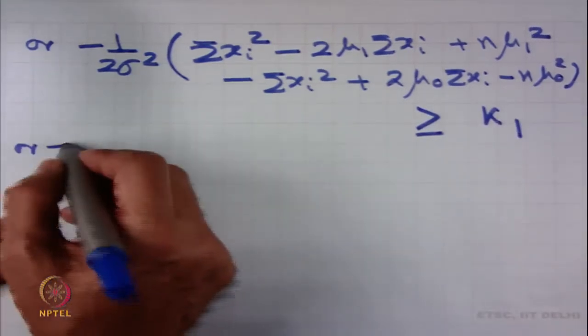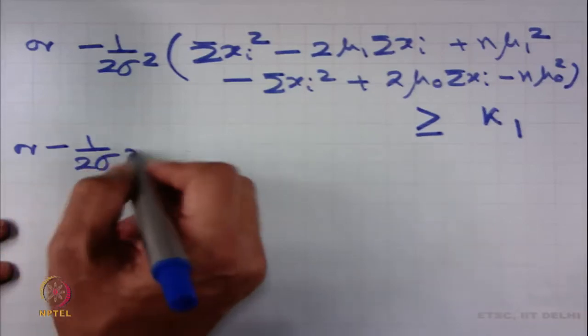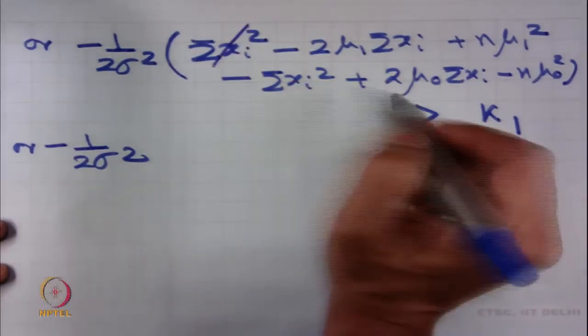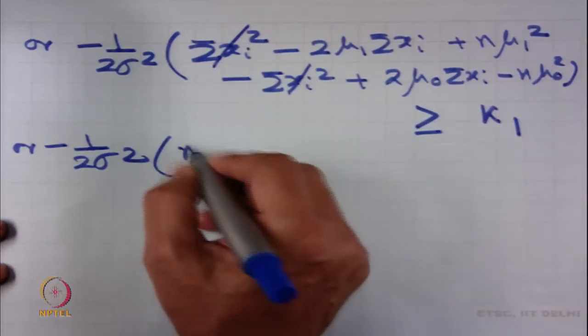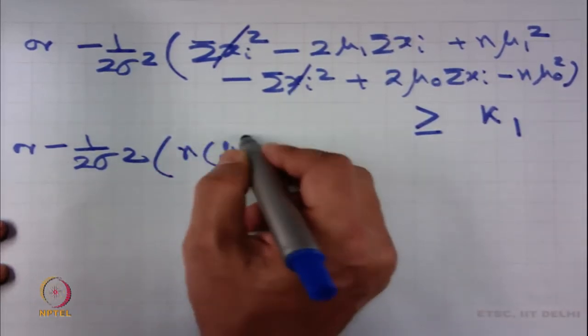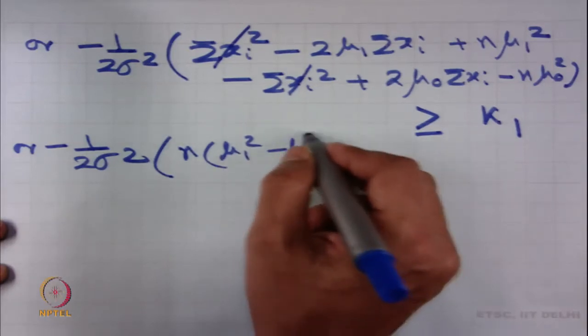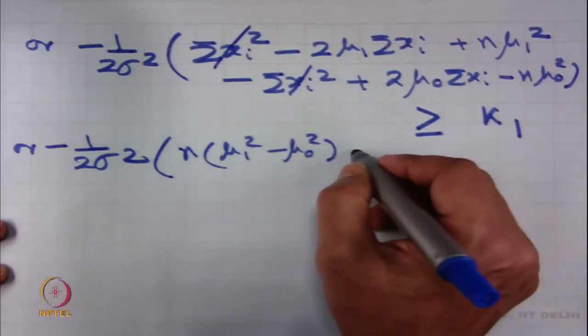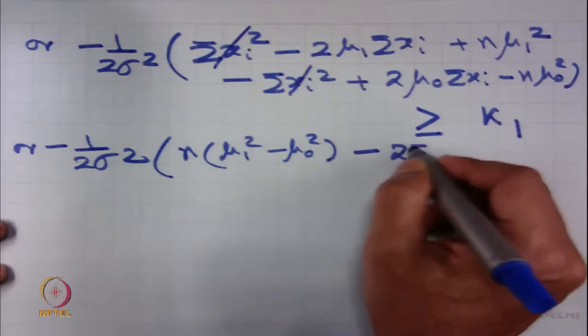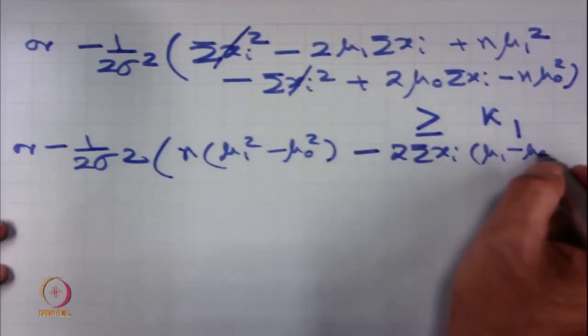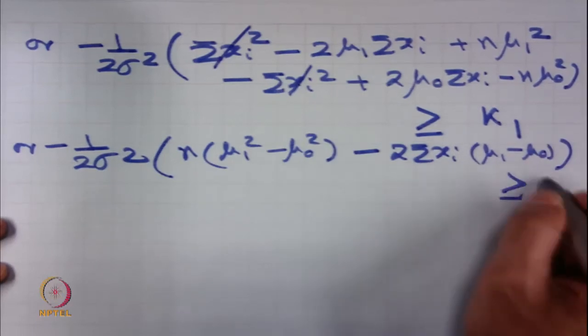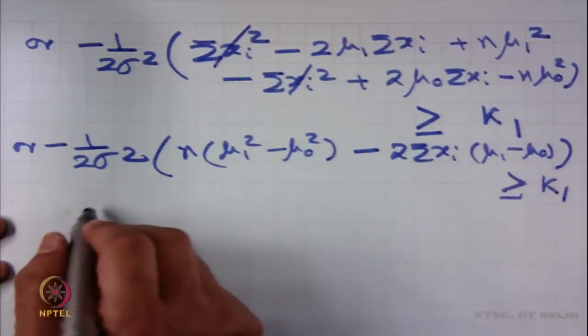Now, this gets cancelled and we have n times mu 1 square minus mu naught square minus 2 sigma xi into mu 1 minus mu naught is greater than or equal to k 1,